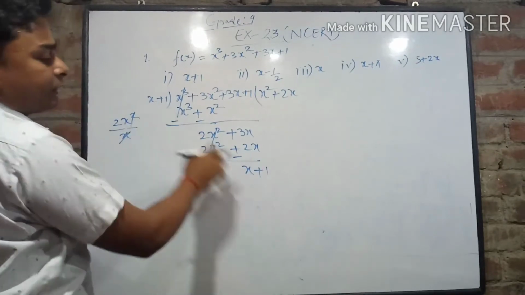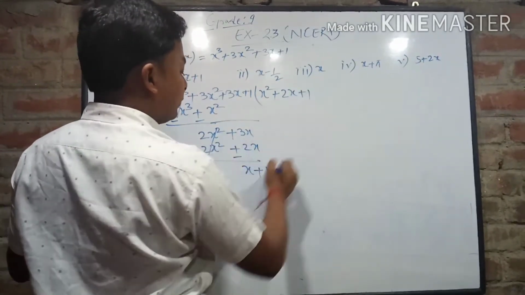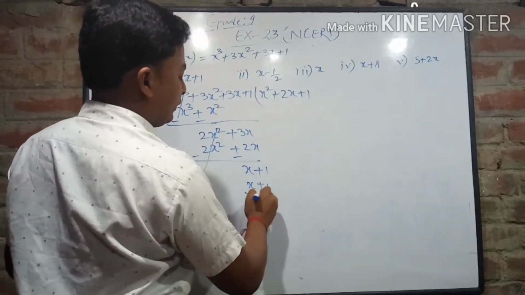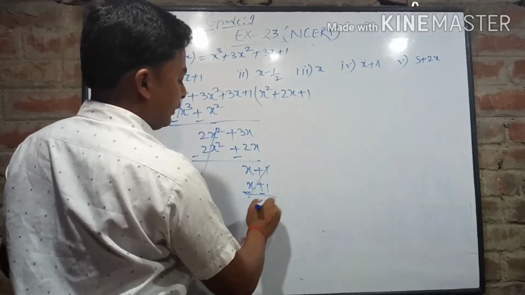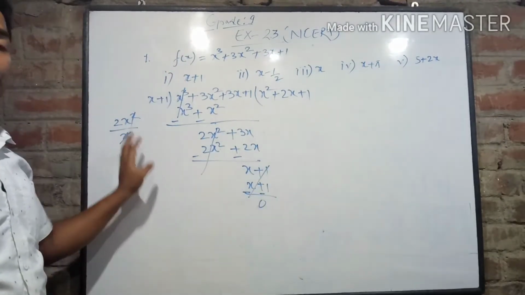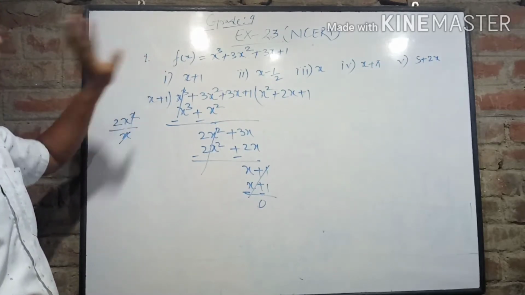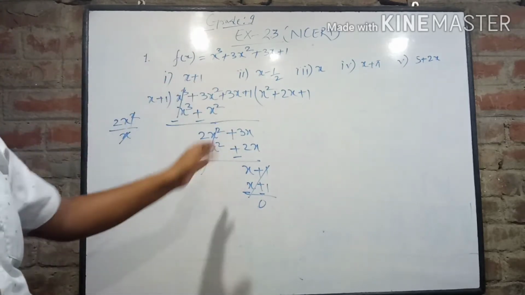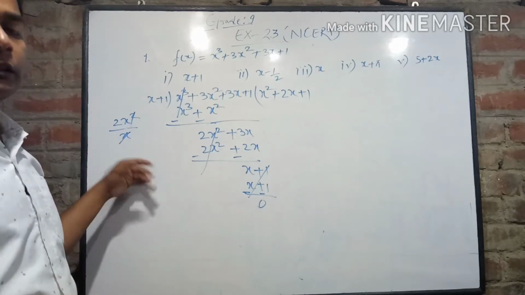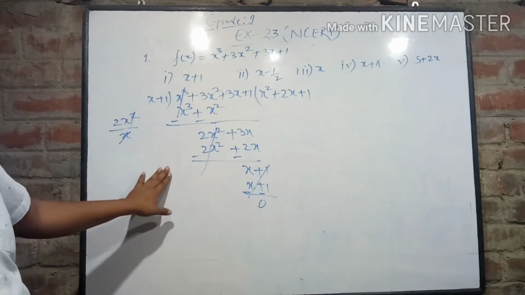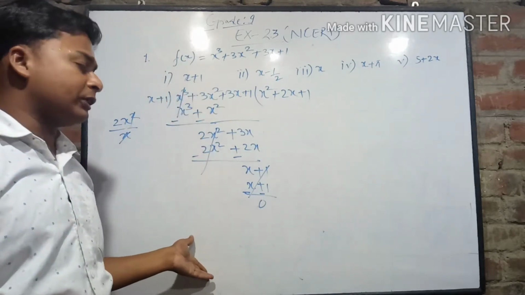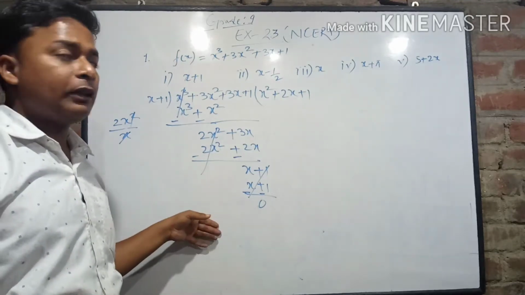Now you can see that it is the same, so we multiply it one time to get the same quotient. It is cancelled and the remainder is 0. This is the process known as the long division method, by which I have solved question number 1, part 1. For the second part and the rest, we only have to find the remainder. To get the remainder we don't have to go for the entire long process. We can also solve it by the remainder theorem.